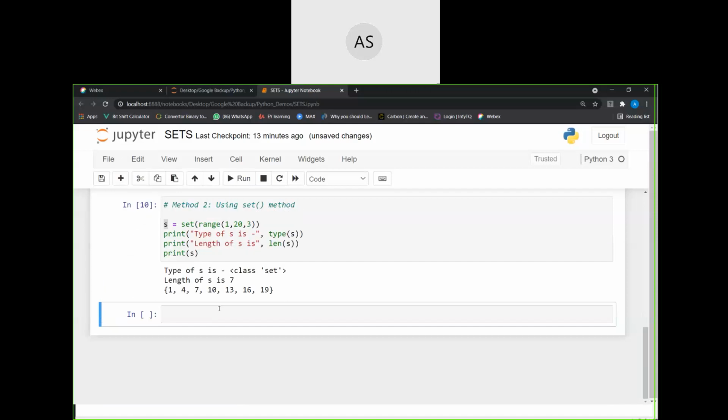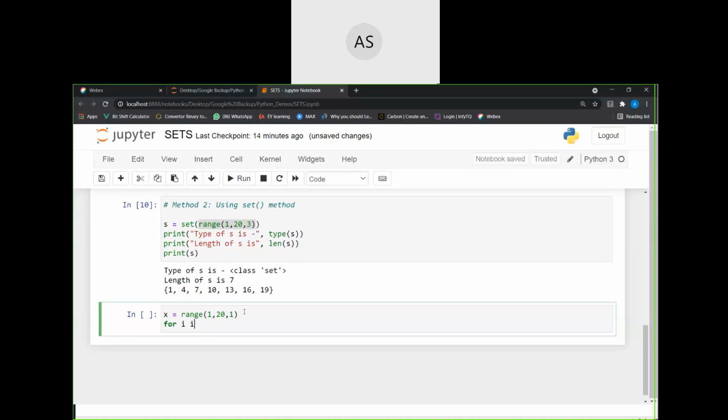Okay. So is it clear now, or do you still have any doubt? Do you understand the range function now? Yes, ma'am. Okay. See, if you want, you can give the step value here as 1. So now, what will be the output? How is my output going to be now? Can you please tell?